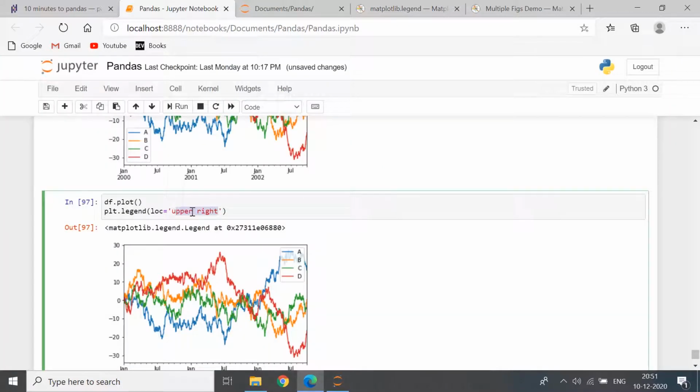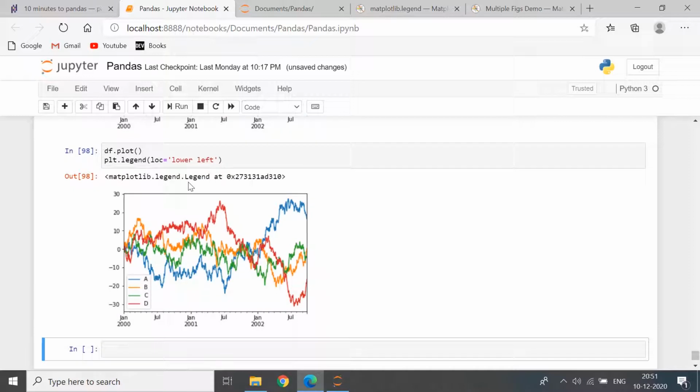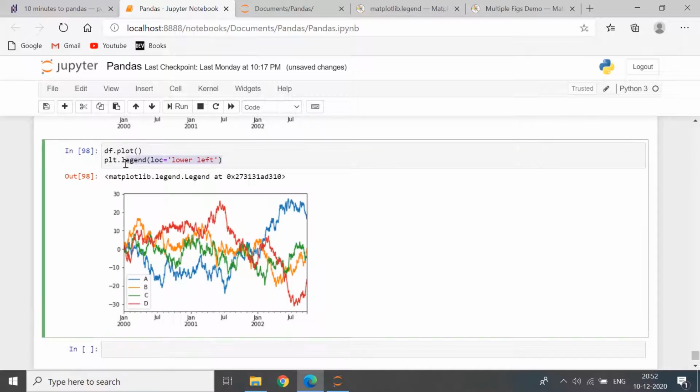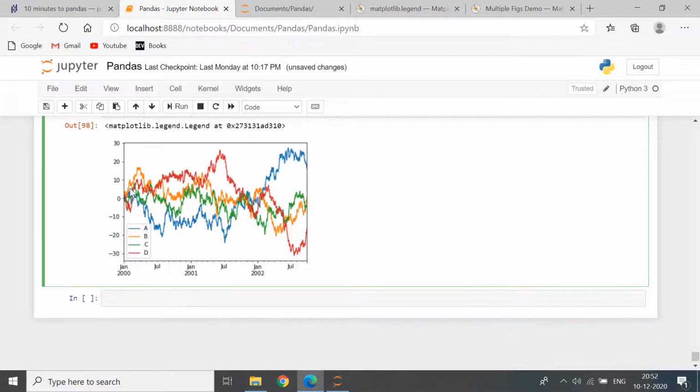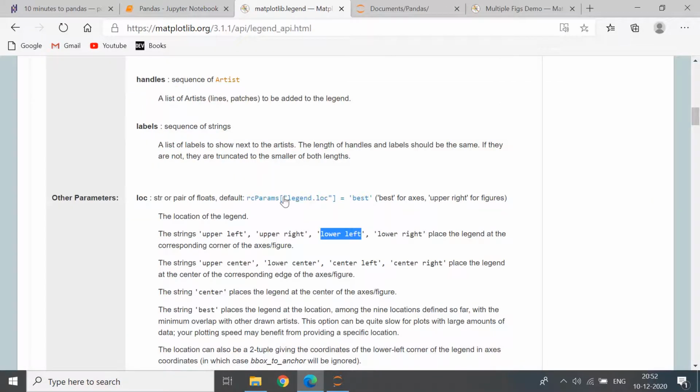And here we go, lower left, and yeah, lower left in this case is the same as best. Best automatically looks that up for you. So if you're going to customize stuff, maybe you have a standard you need to follow for some research paper, that the legends need to be aligned in a particular position, while pandas doesn't feel that it is the best position, then you can do this loc stuff. Loc is, yeah, location of the legend.